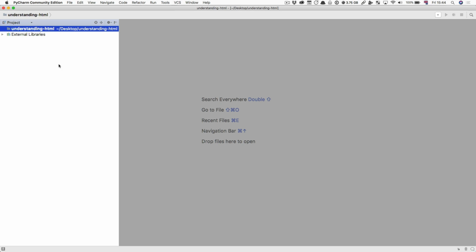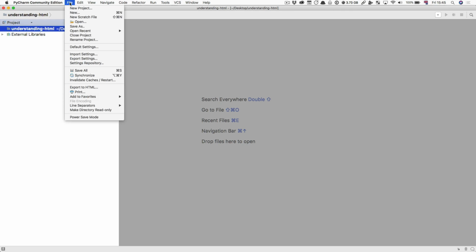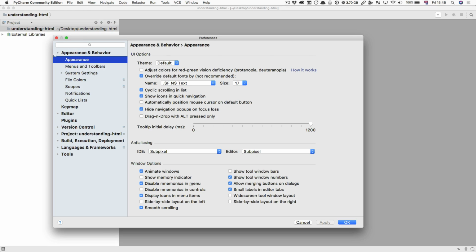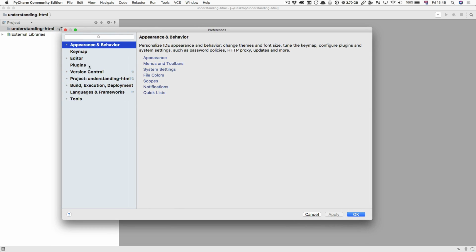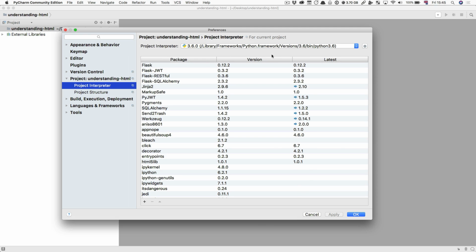In order to install your library, we have to go over to PyCharm and find your preferences. On Mac, it's under PyCharm Community Edition, Preferences, and I believe on Windows it's under File, and it's down somewhere at the bottom. If you go to your preferences, you'll be greeted with this window that you may have seen before. In here, there's one section that's particularly important for installing libraries, and this is your project. In your project, you can choose your project interpreter,